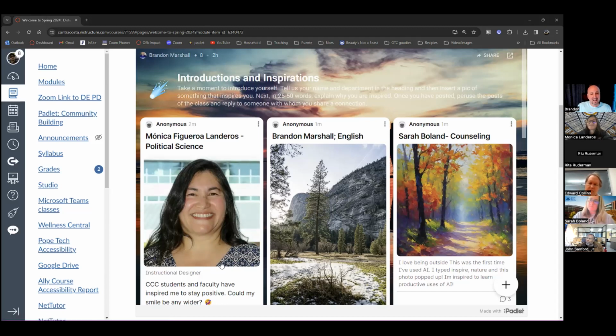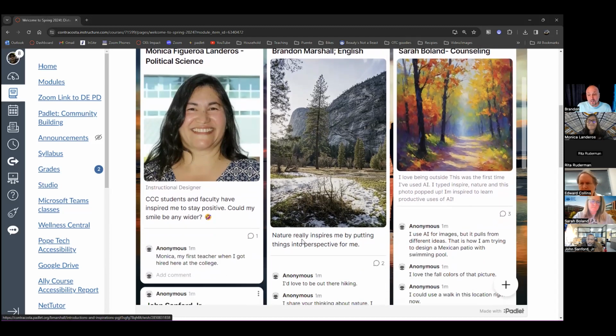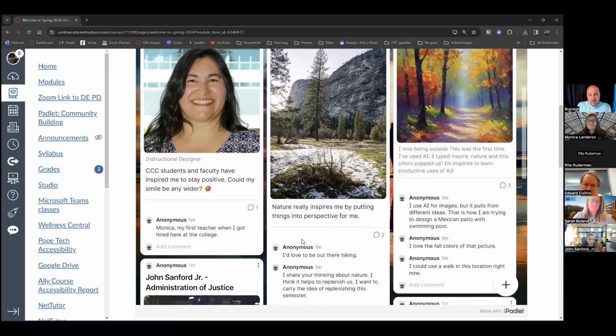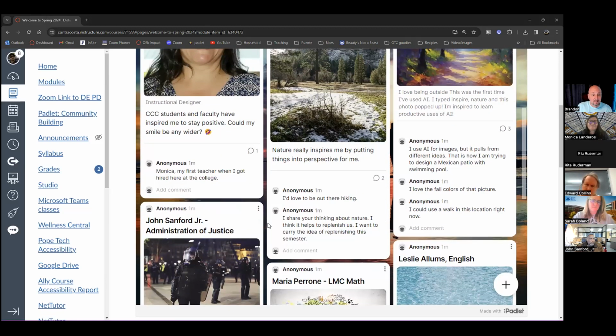And the thing I love about Padlet is the self-contained aspect of everything here. It's all right here. It's all clear. It's all centrally located. And so we can have these robust conversations without leaving screens. And as you're able to see, I haven't done anything. They just populate automatically.